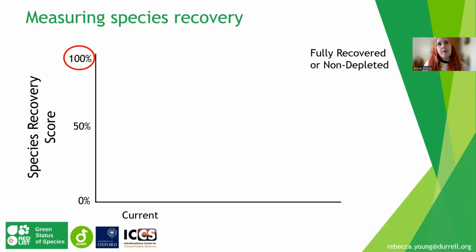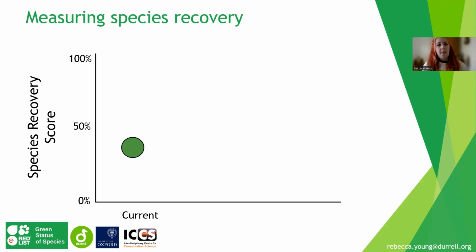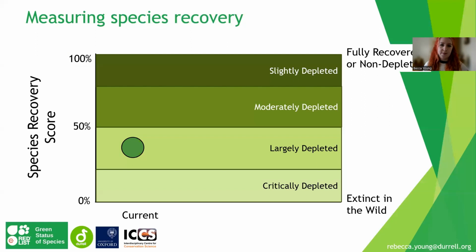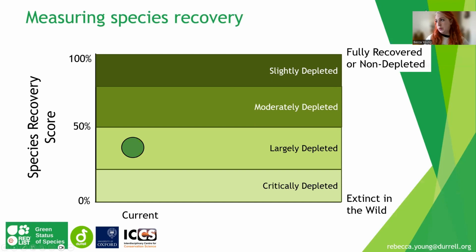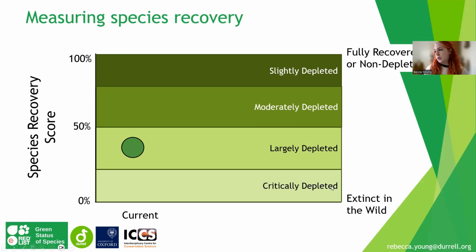And so first of all, we think about the current state of the species. How does it look today based on the best knowledge that we have? And this gives us what we call the species recovery score. And you can see for this one, it's around about 40%. But if you say to someone, oh, my species has a recovery score of 40%, it's not hugely informative. So we have also assigned groupings to these. So just like with the red list, how we've got the different threat categories, we have different categories as well. So ranging from this fully recovered or not depleted, through varying levels of depletion and all the way down to